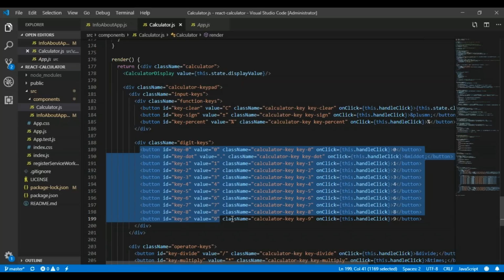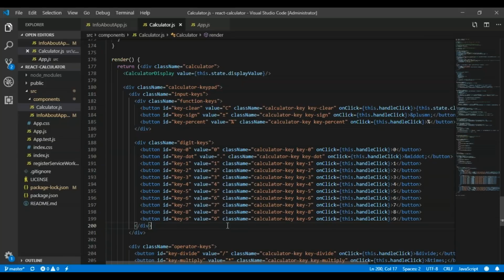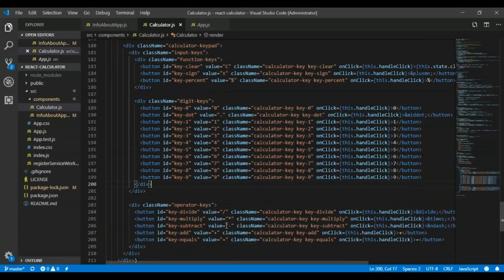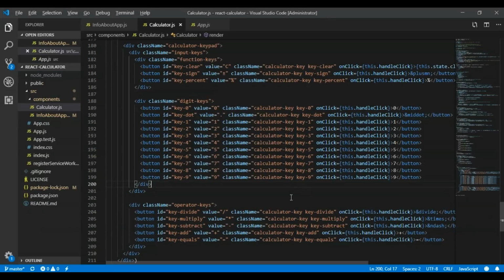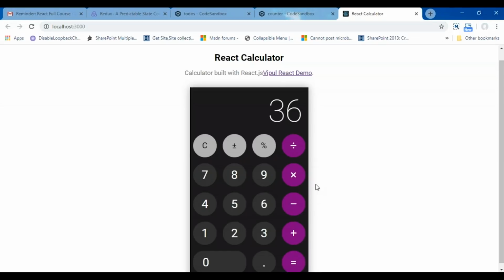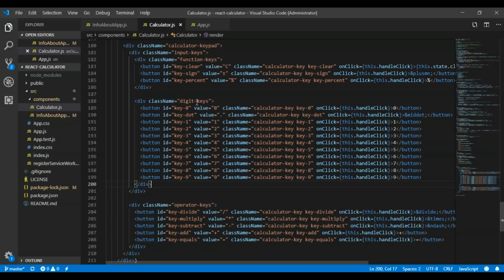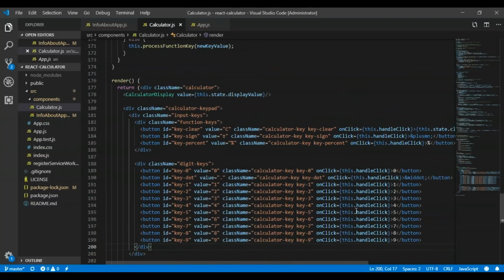These values are defined over here, which are, you can say, the digit keys. Then you have the operator keys. What are the operator keys? These are your operator keys. The 4 operator keys have been defined along with the equal to. So this particular component is again rendered using this HTML, but for every control on the calculator screen, an on-click event is defined.